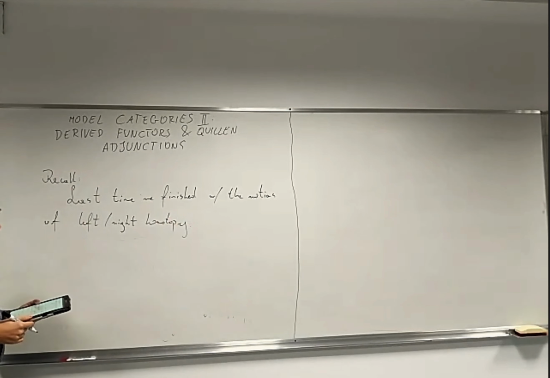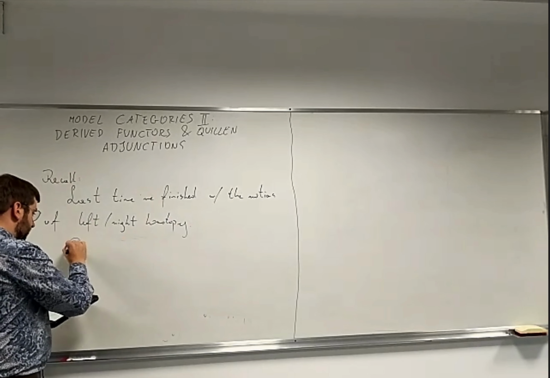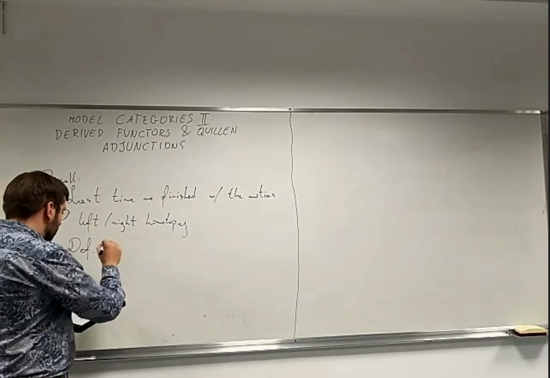I will quickly recall the definitions only for the left homotopy. The right homotopy will be dual. So the definition was as follows: a cylinder object